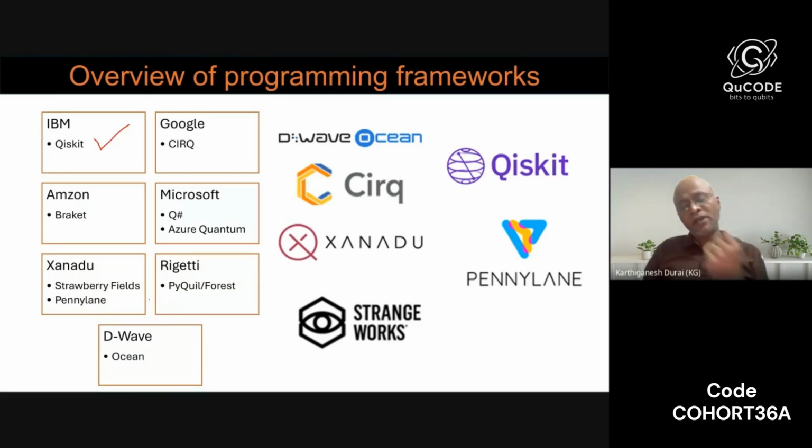Now you may have an idea: okay, this is cool, this industry is growing, there is government support, there are a lot of organizations, and what am I going to learn or how to start? So first you have to start with the software. If you are a strong physics person with hardware knowledge, or an electronics and communication, or electronics and instrumentation engineer with a strong physics knowledge and interest in hardware, you can pursue quantum hardware.